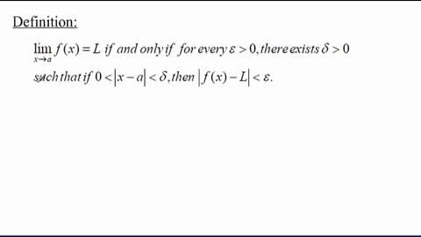It says, the limit of f of x as x tends to a equals L is equivalent, if and only if, to saying for every epsilon greater than 0, there exists a delta greater than 0, such that whenever x is within a distance less than delta from a, then we have the values of the function within the distance epsilon from